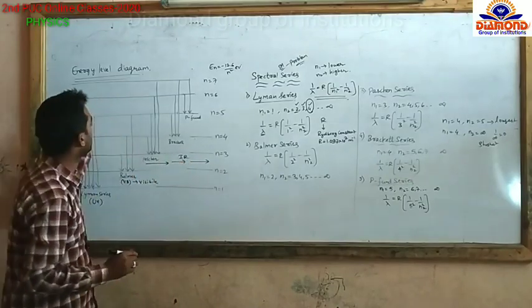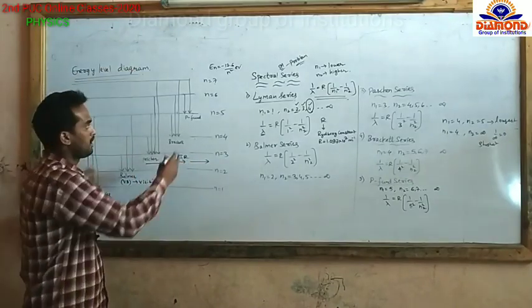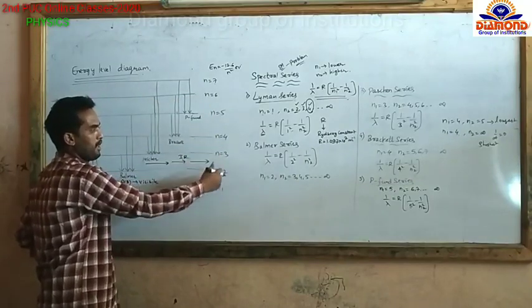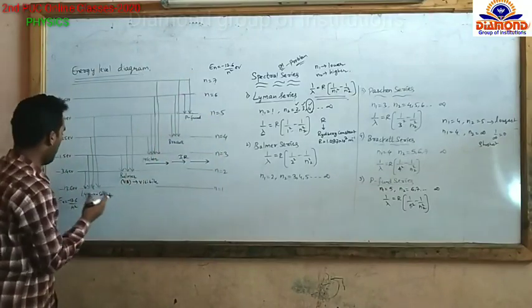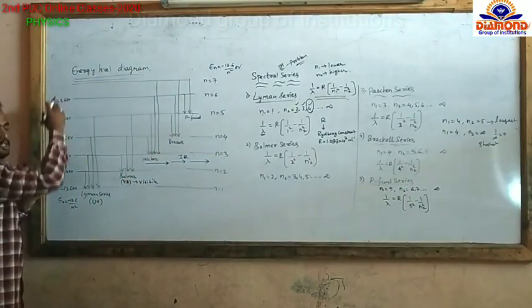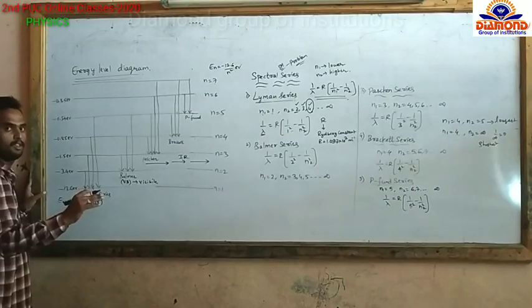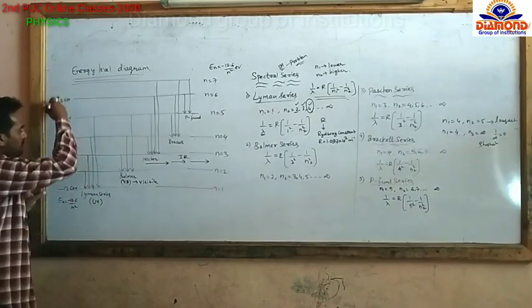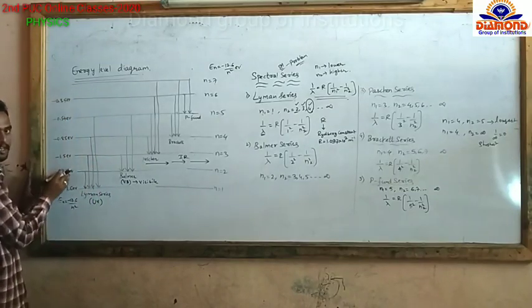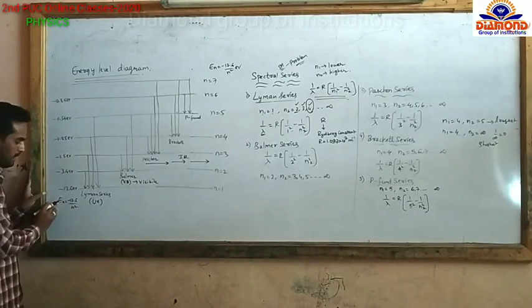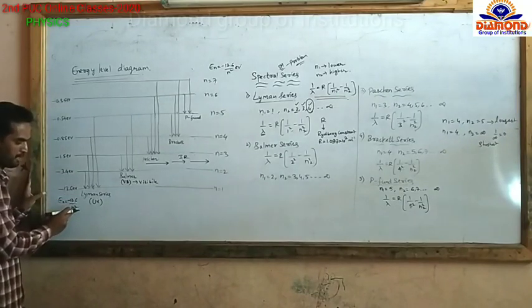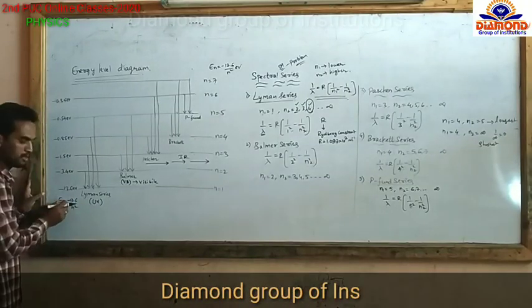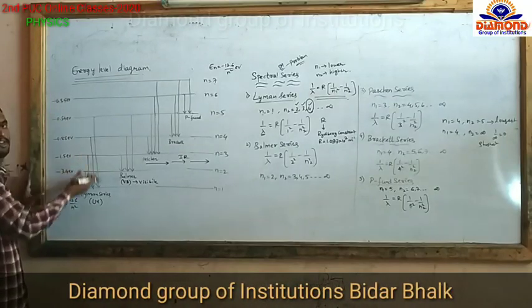So this is the explanation of the energy level diagram. On the left side you can see the orbit numbers 1, 2, 3, 4 like that up to infinity, and this side shows the energy levels. So you can find the wavelength, or you can find the energy differences between any two levels using the values. These values are calculated by the mathematical expression En equal to minus 13.6 divided by n square. By changing the n values, you can calculate the energies of any different orbits.